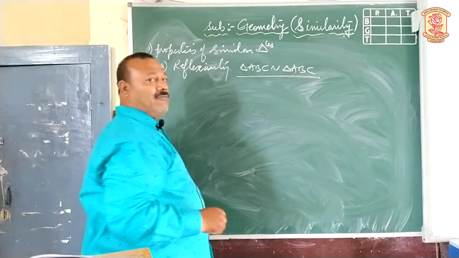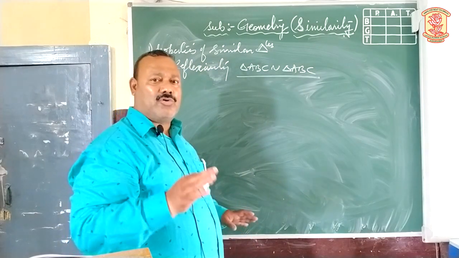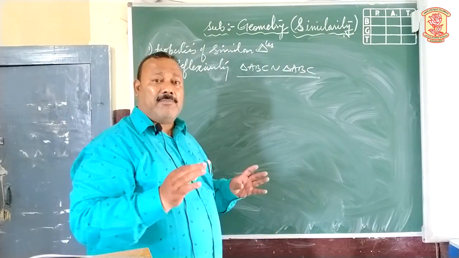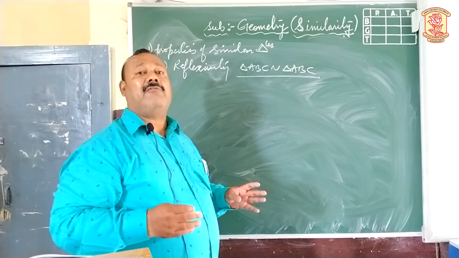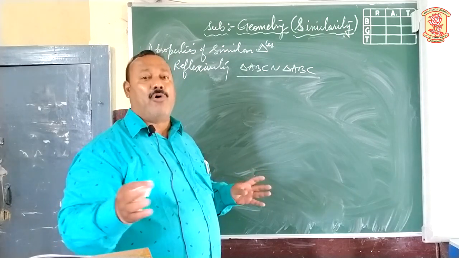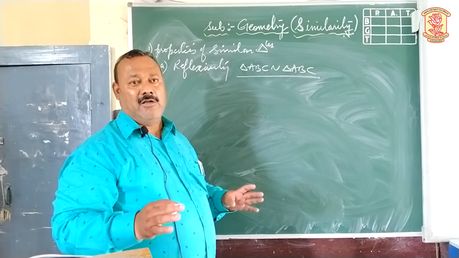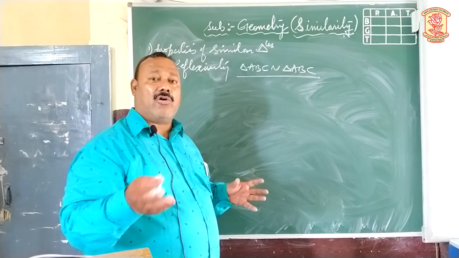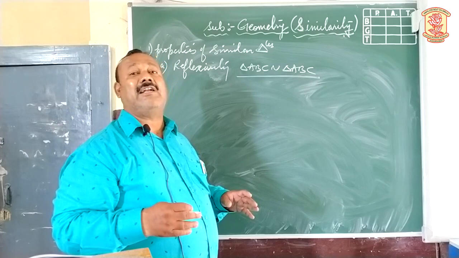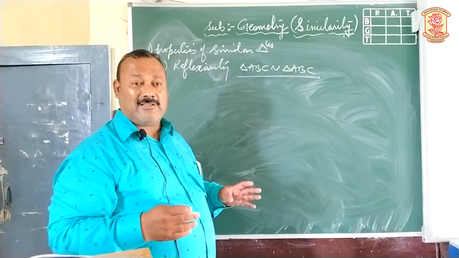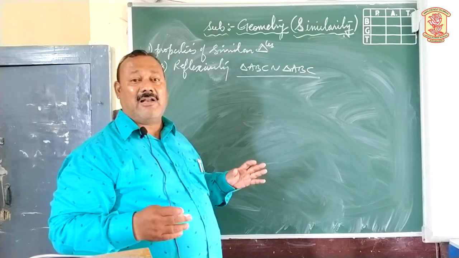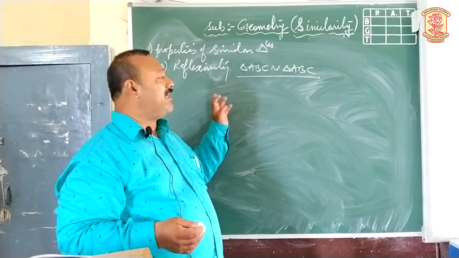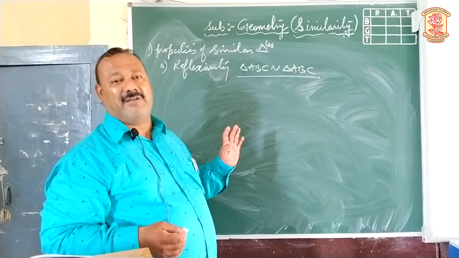For example, when we compare two triangles and we show that they are congruent, sometimes we make use of segment AB congruent to segment AB. Then we call it self-congruent or common side. When we take angle A congruent with angle A, then we say that it is a common angle. In the same case, triangle ABC similar to triangle ABC, that property is termed as reflexivity.